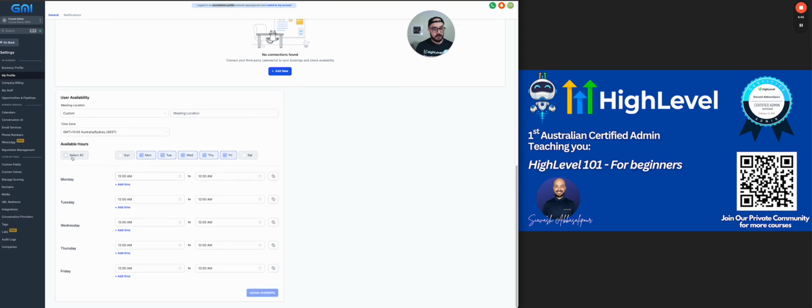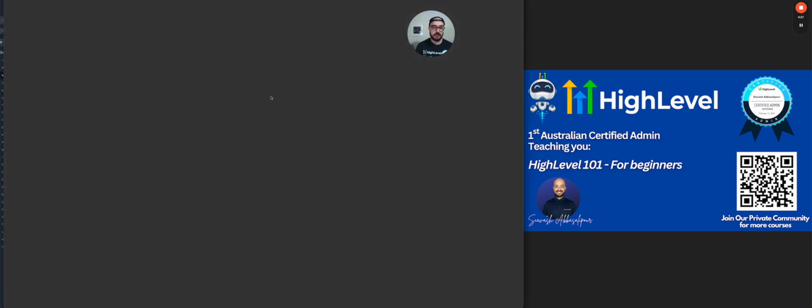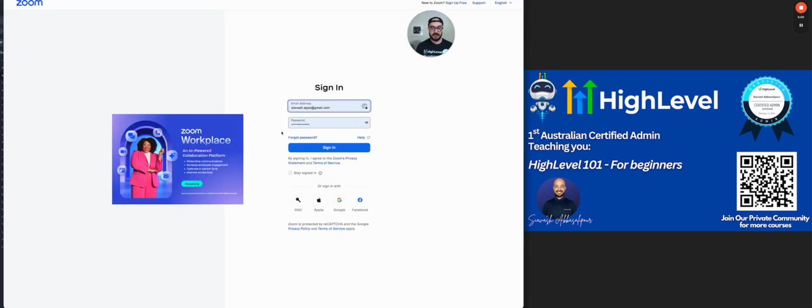So available hours and time zone are extremely important, and this is where you can connect your Zoom. If you click on this, it will actually bring up, hey, you've got to connect the Zoom in your profile. Click on that, it opens up Zoom. I don't have any more Zooms to get connected in here, because I have too many test accounts and I've